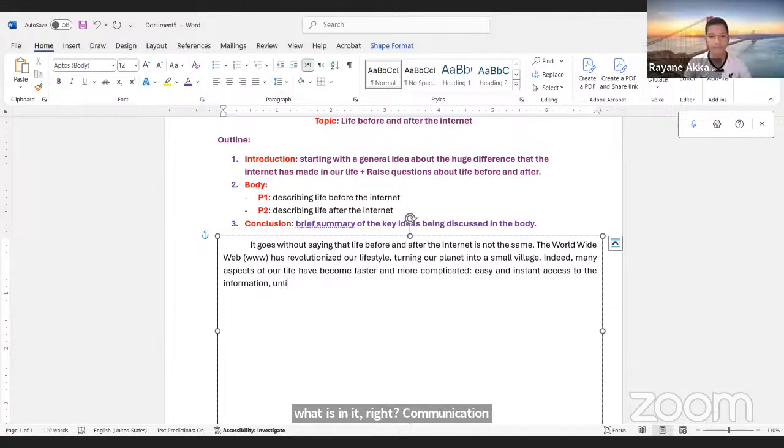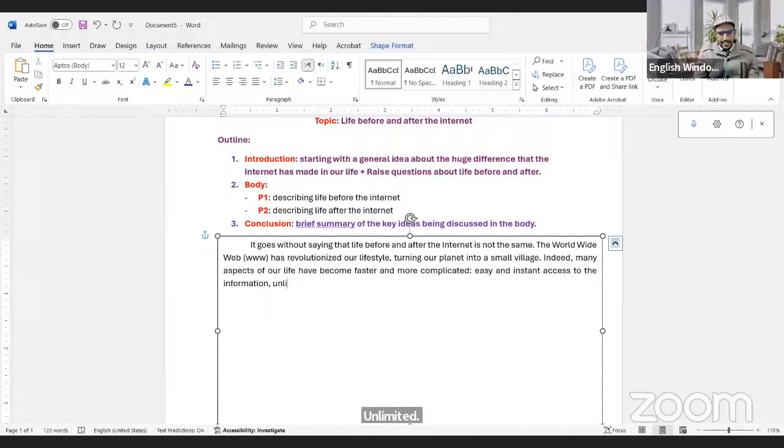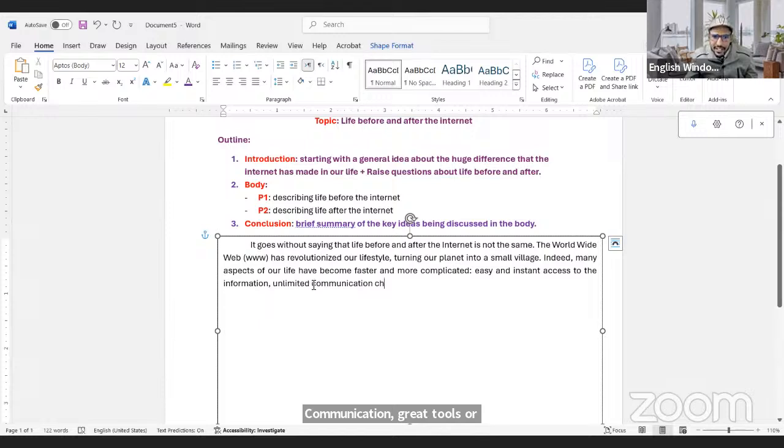Unlimited. Revolution. Unlimited. Communication tools or channels, unlimited communication, unlimited and live, let's see here, and live